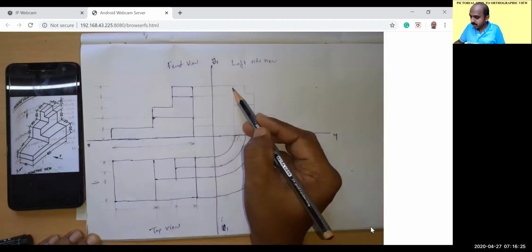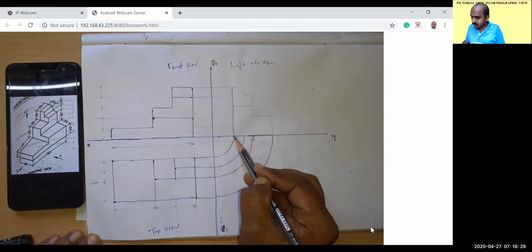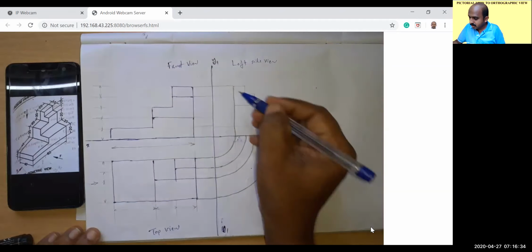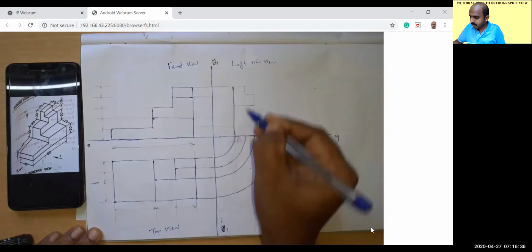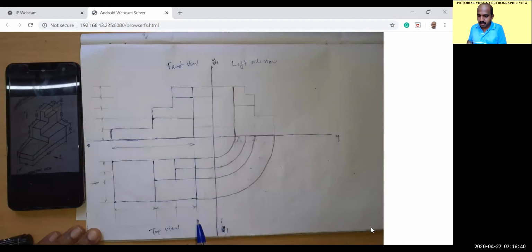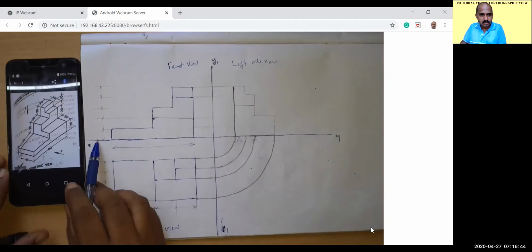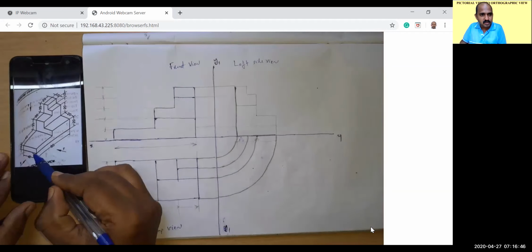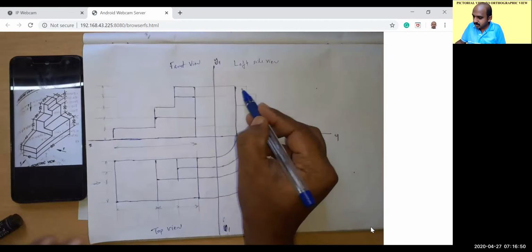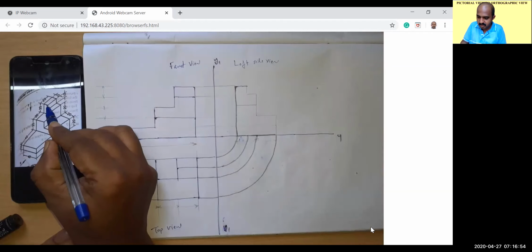So you will get the height of the solid. This is the height of your solid. Now you are looking in the direction of S. Please listen. You are looking in the direction of S. So what you can see, this height is in... you can see the step of width 10, then depth 10.